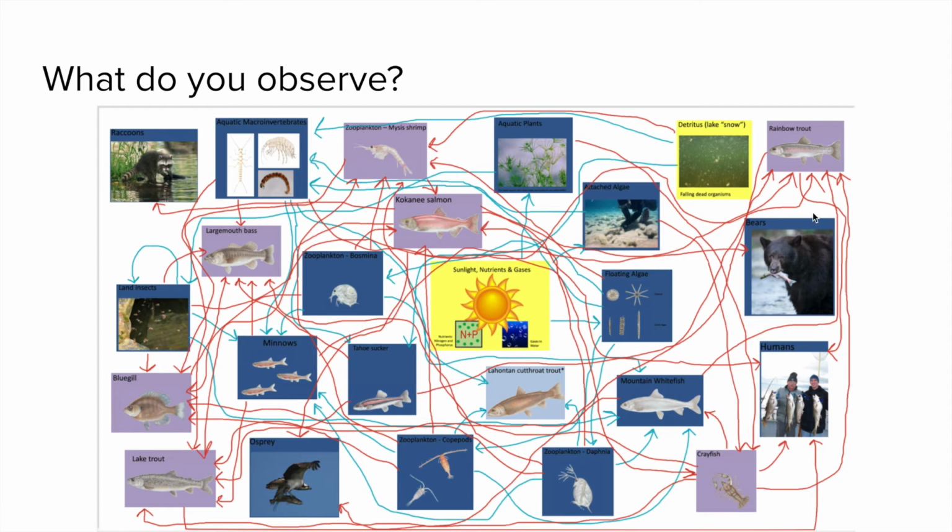But what about if you picked the bear as the first organism? So before it didn't have any connections to the food web whatsoever. But now it has a tasty kokanee salmon in the mix. So our bear has become a predator in our ecosystem because it only has 1 arrow pointing towards it. Before it had 0 arrows total, and now it has 1 organism that it is eating.